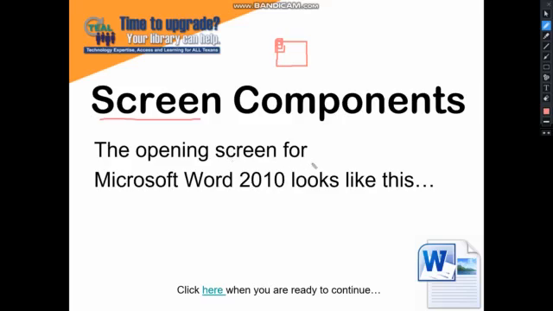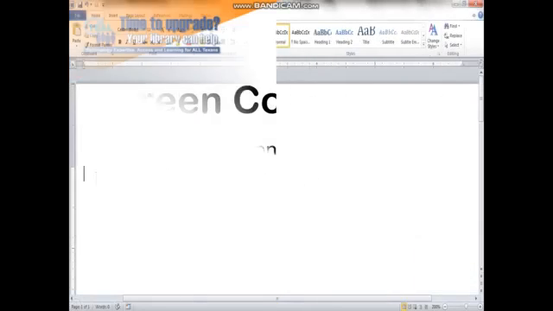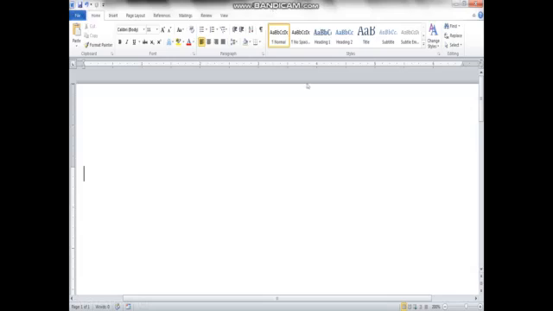So the opening screen for Microsoft 2010 looks like this. See, this is the opening screen, है ना? हमारा भी Microsoft Word कैसा दिखता है? कुछ इसी तरह का दिखता है ना? ऊपर हमारे पास ढेर सारे टैब्स होते हैं, यहाँ पे फिर रिबन्स होते हैं, है ना? तो माइक्रोसॉफ्ट वर्ड हमारा भी कैसा दिखता है? कुछ इसी तरह का हमें भी नजर आता है. ओके,